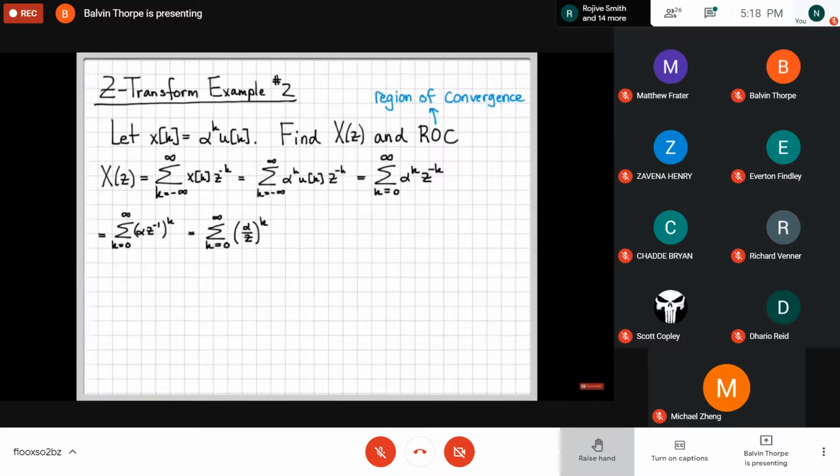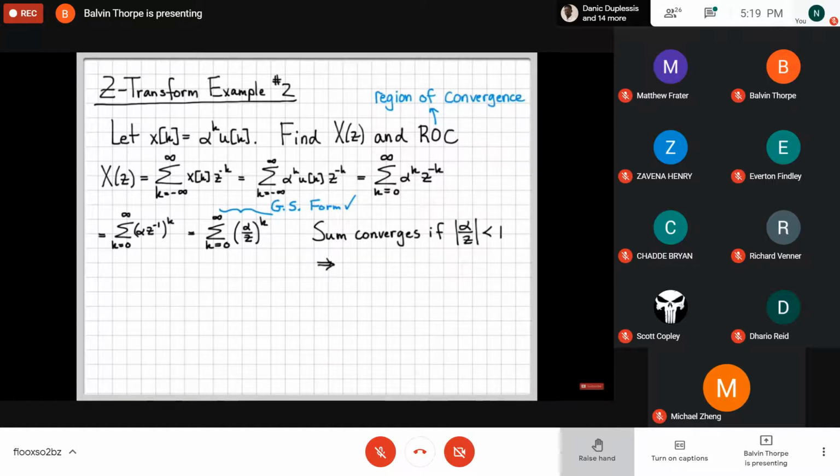If I want to, instead of writing alpha times z to the minus 1, I could write this as alpha over z. And this might be a little easier way to write it because now I know to think about the relationship between alpha and z in terms of whether this sum converges or not. Because that's something we would have to worry about. If this quantity being raised to the k is magnitude larger than 1, this sum blows up. We need the quantity alpha over z's magnitude to be less than 1 for this to actually have a closed form solution. So when we write it in this way, it's kind of easy to check whether this actually converges or not. And it converges as long as that quantity is less than 1.